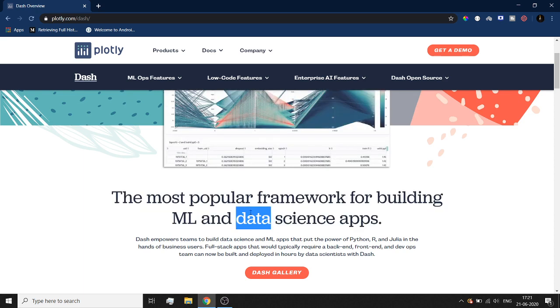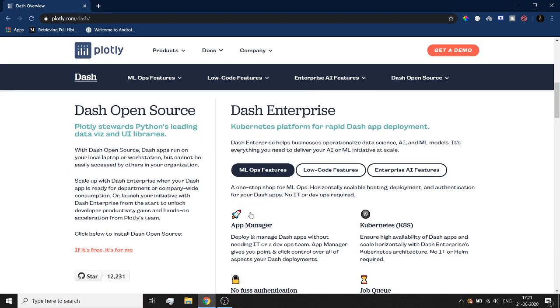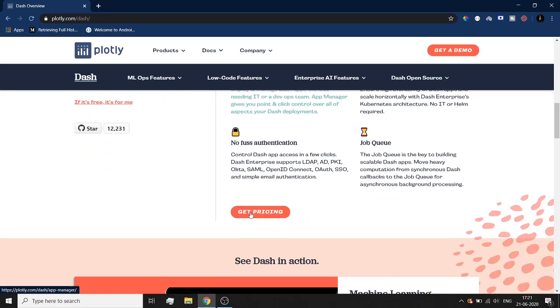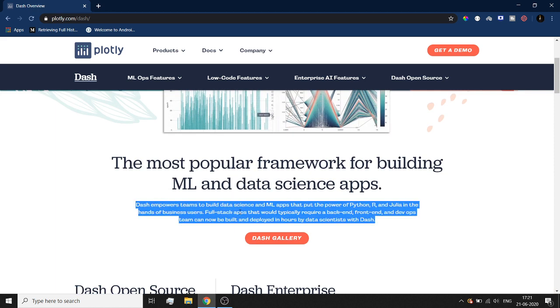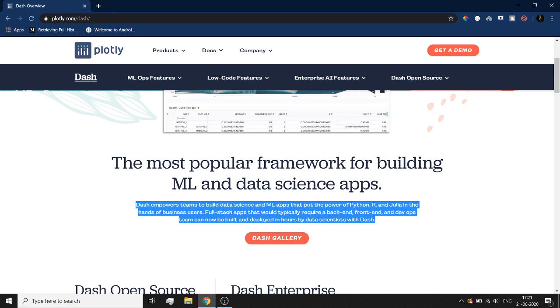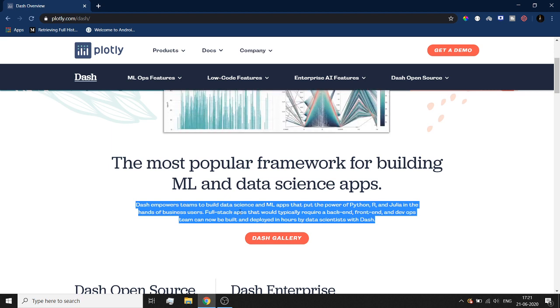So first of all I would like to show you how you can install this. There are lots of things that you can do with Dash. You can use Dash for building very basic web applications. In fact, I would not say it's very basic, you can make very advanced web applications also. And you can also embed your machine learning products in your web applications to create a kind of user interface where your users can use your machine learning models.